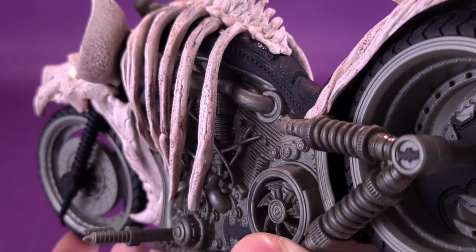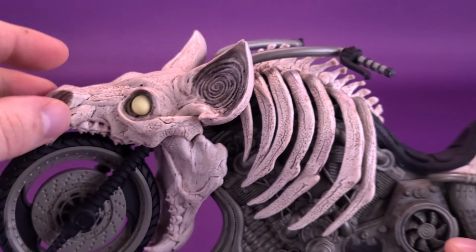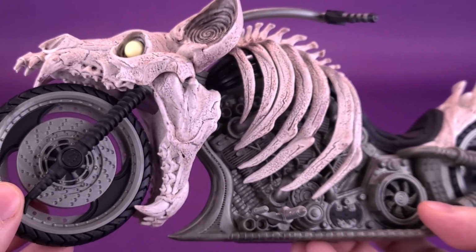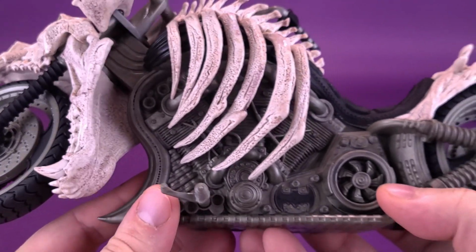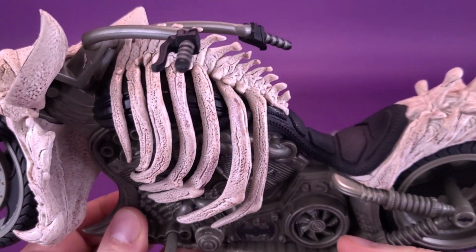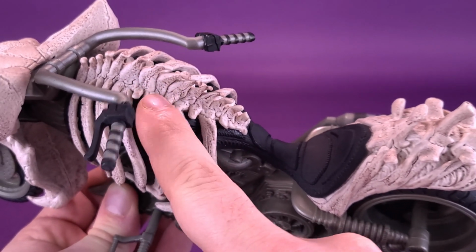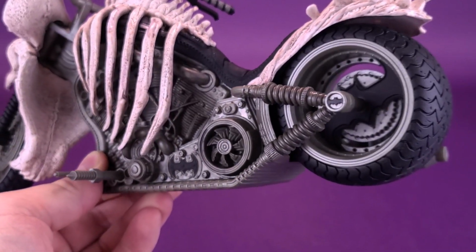I mean, there's a fully realized bike under all this. Of course, there would be one once you remove the head, which I wouldn't really advise that you do. But you've got to believe that underneath all of that, it looks like there would be a functioning bike. I don't even know where he would put in the fuel. Wouldn't you generally put the fuel tank at the front? I'm sure he's got another place where he